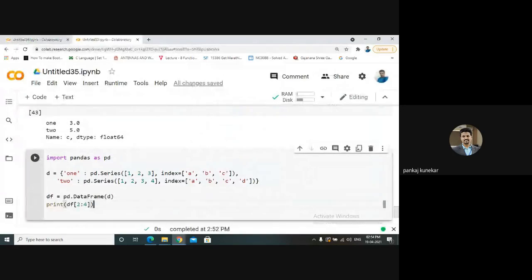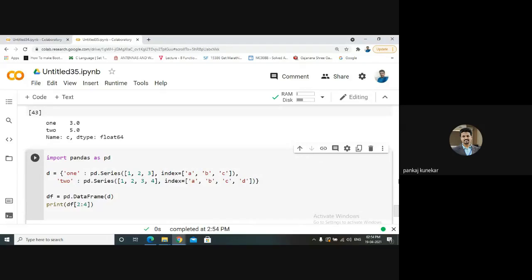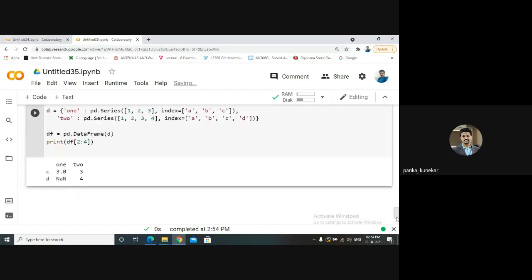Just read the statement carefully. We are using print df[2:4]. We know how slicing works. The answer is 3 and 4. Okay, so 3 and 4.